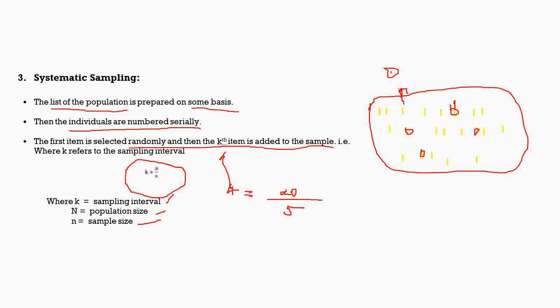So this is what is systematic sampling. The merits are that it is a very simple technique that is based on the sample size, and the time and labor consumed are very less and it gives better results. And the demerit is that it might not represent the whole population.